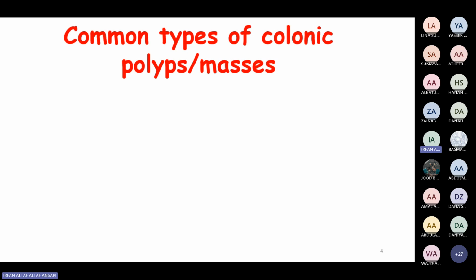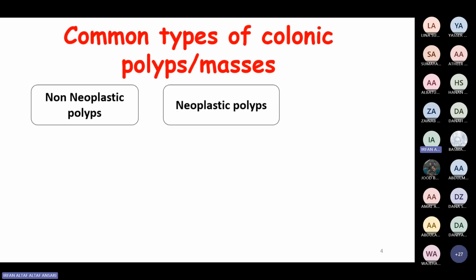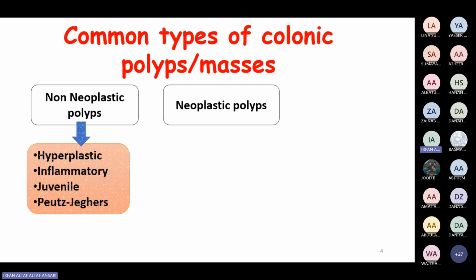So, common types of colonic polyps and masses. We have non-neoplastic and neoplastic. As we discussed, it could be inflammatory or it could be neoplastic. In the neoplastic, again, we will have benign and malignant. In the non-neoplastic, we have different types: hyperplastic, inflammatory, juvenile, and Peutz-Jeghers types of polyps. Neoplastic could be benign,